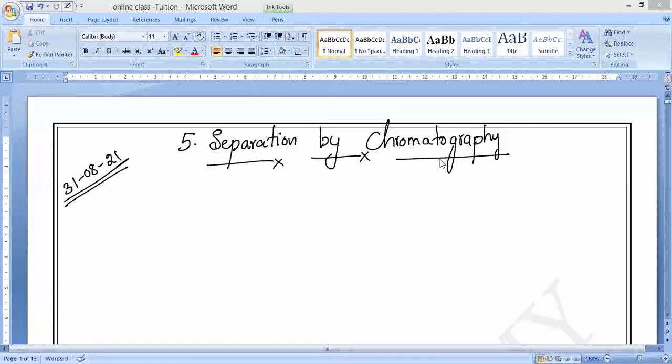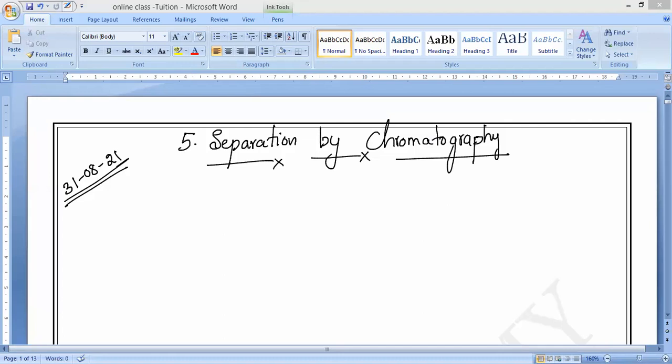So in today's class we are going to study the next separation technique, for separating soluble solutes from solutions. That is what we call chromatography. For separating soluble substances in some kinds of mixtures, we use this technique. So what is chromatography, and what kinds of mixtures can we separate with it? That is all we will discuss in today's class.